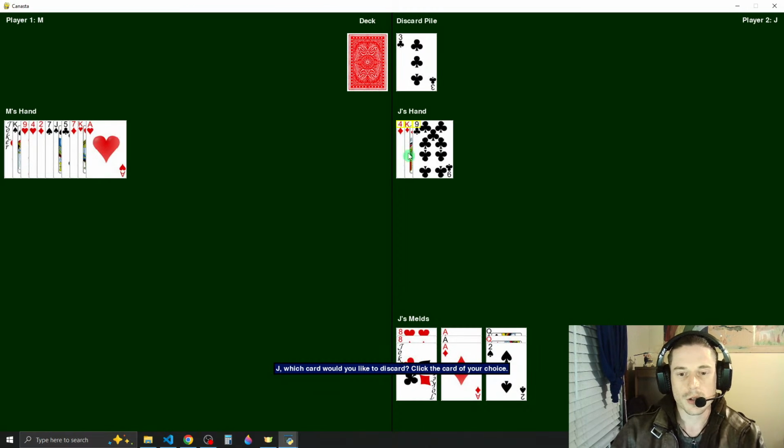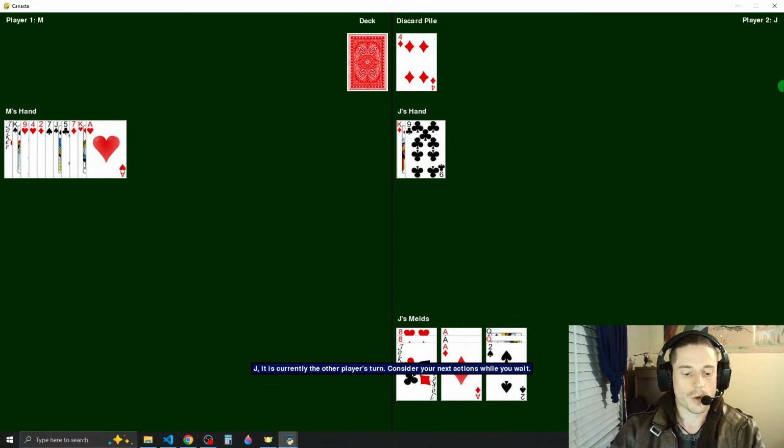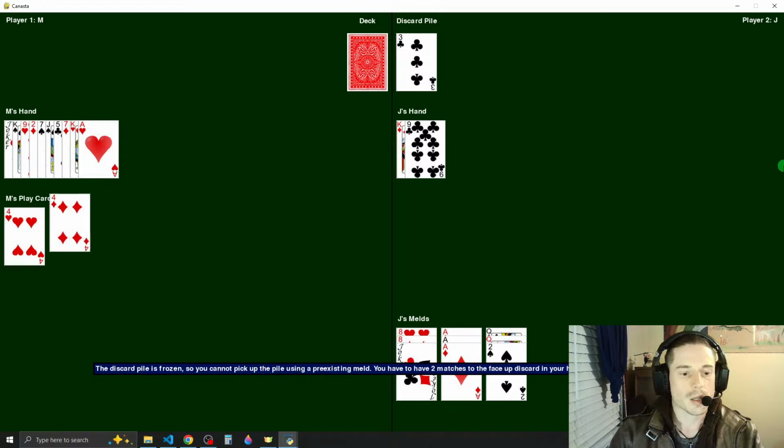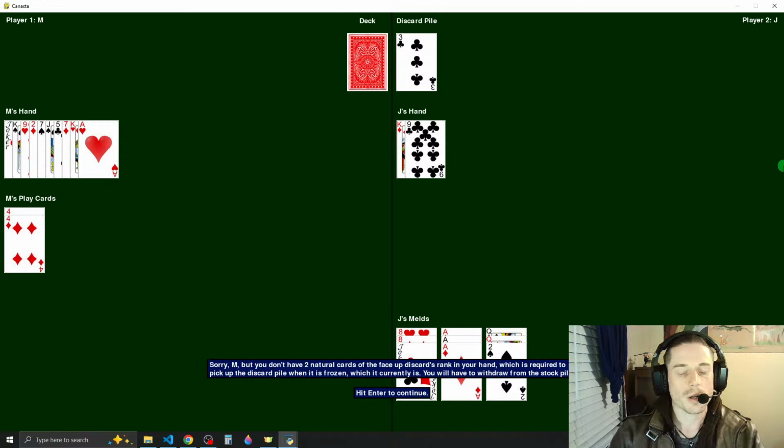And now we have to choose our discard. Okay, there, it worked. That's the first time we've ever done that. So we're gonna try to discard from the... We don't have 2 natural cards from the face of discard for any, which is required to pick up the discard pile when it is frozen. You have to pick up the sideboard.